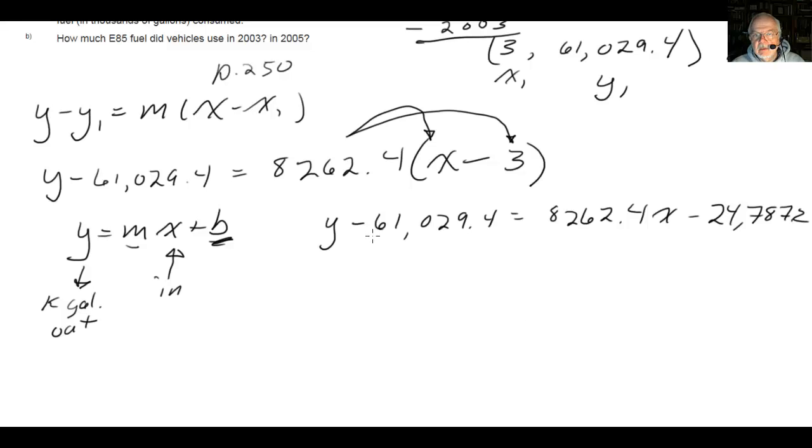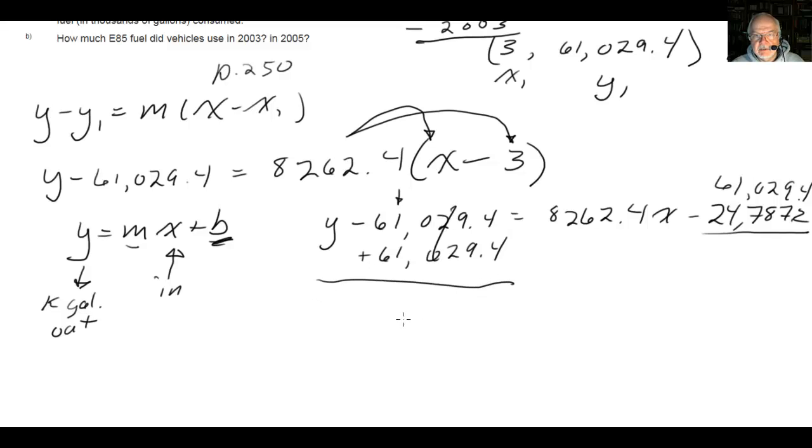Alright, I got to get rid of the y. I got to get rid of this number here, right? So I'm going to add 61,029.4, and I'm going to add that over here. I'm going to put it up on top, which makes the arithmetic a little easier. So that goes away, and I'm left with y equals